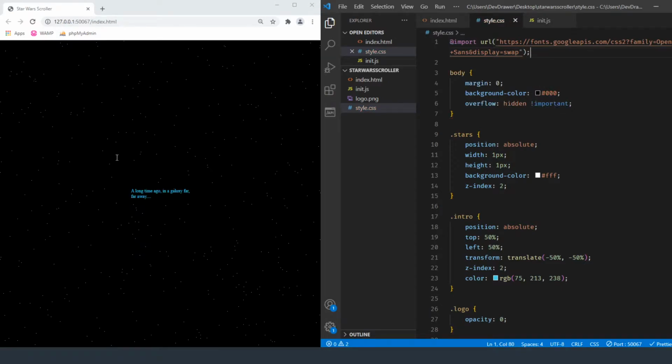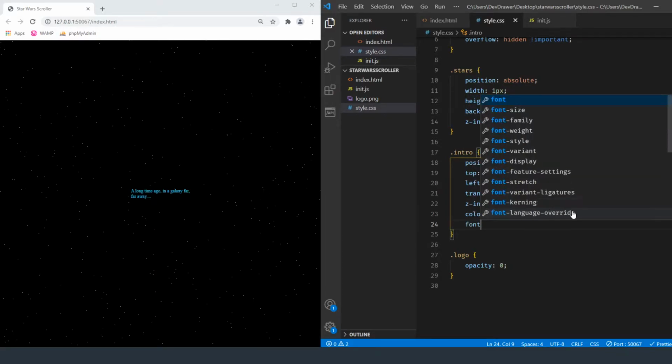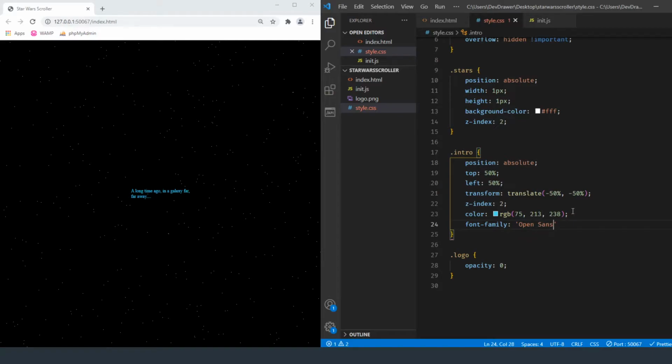Okay, so now we can use the body font. So font family, and this is going to be Open Sans, and let's also pass sans serif, which again you can grab from Google's website. Alright, so there we go.